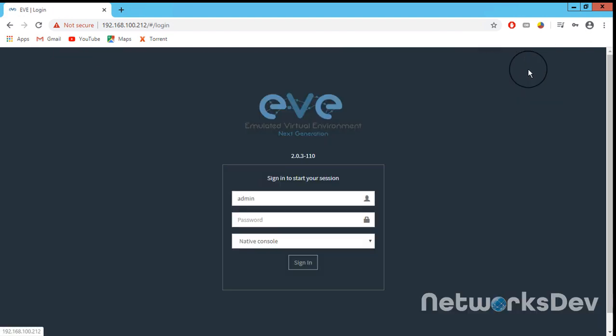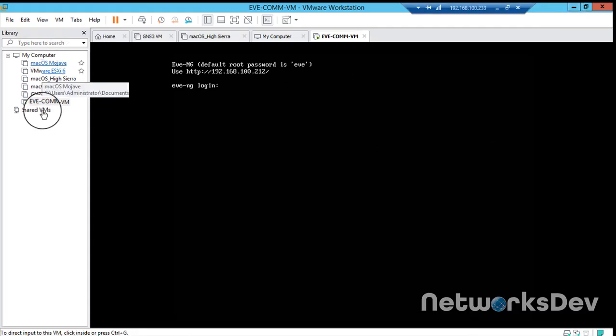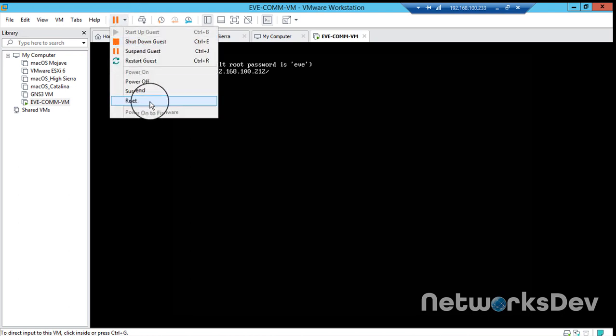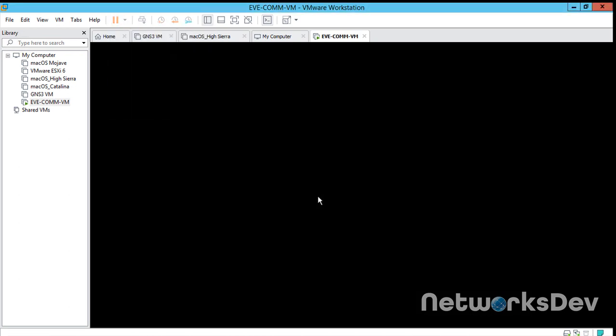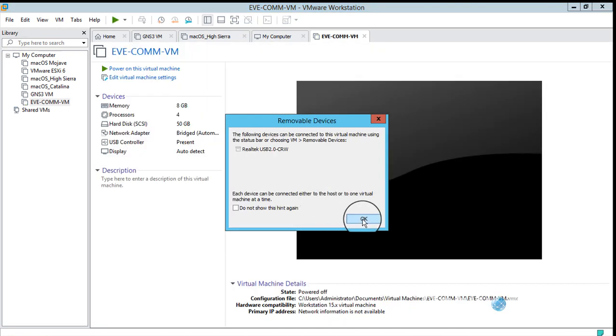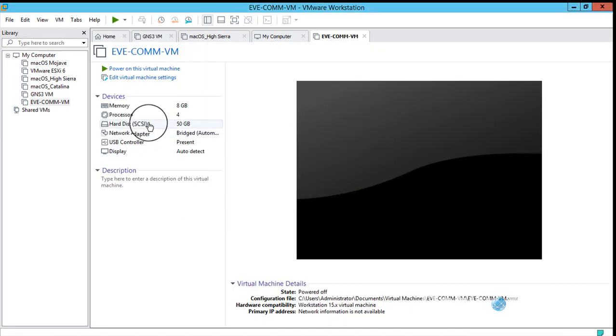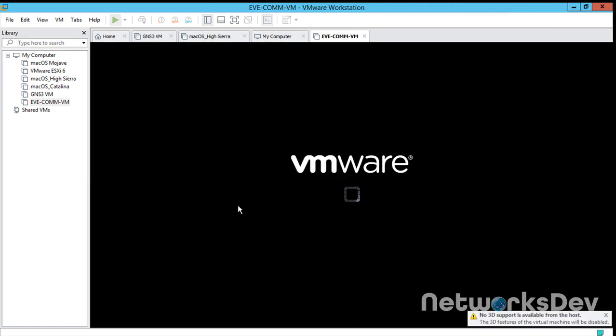And when you want to close your project, sign out. I already showed you. Close this, and just right click on this and click on the power off button, and your virtual machine is closed. If you want to relaunch, you need to launch VMware Workstation, click on EVE-NG, and power on this virtual machine.